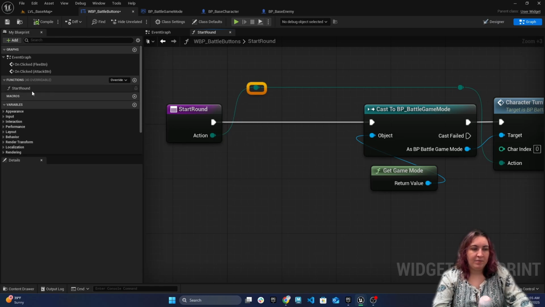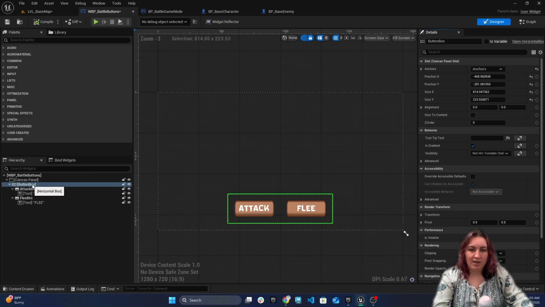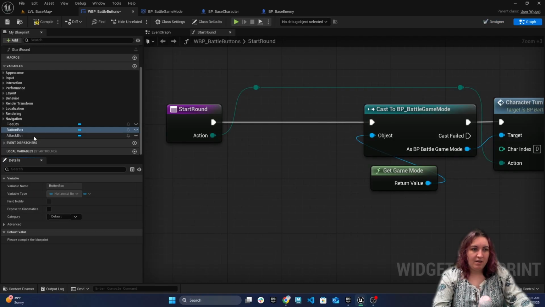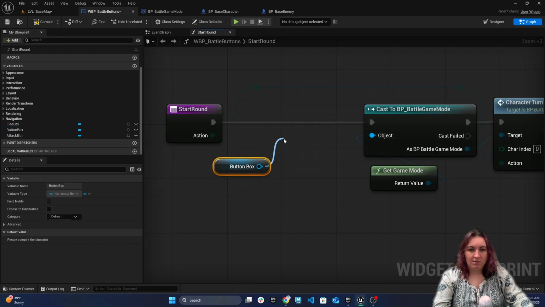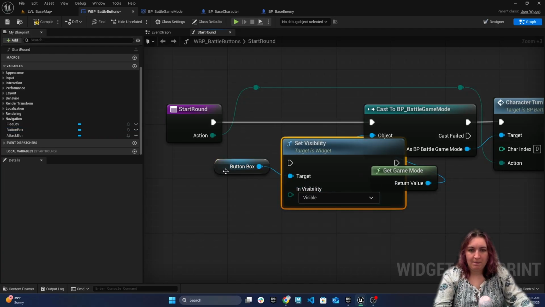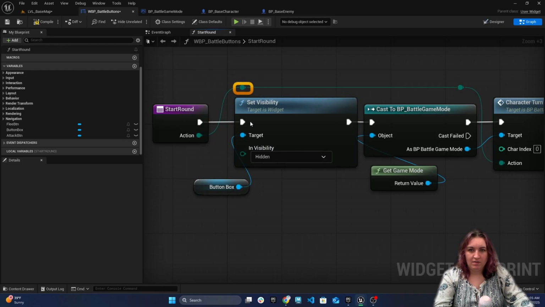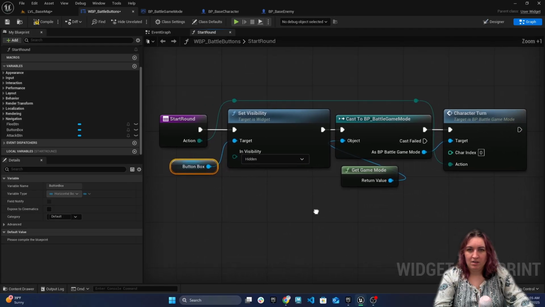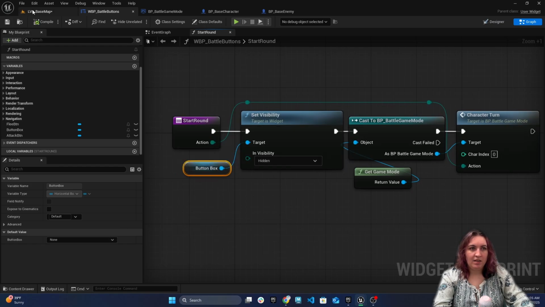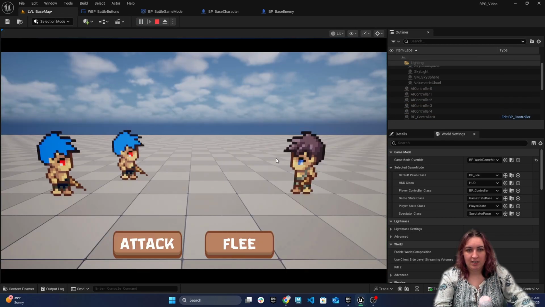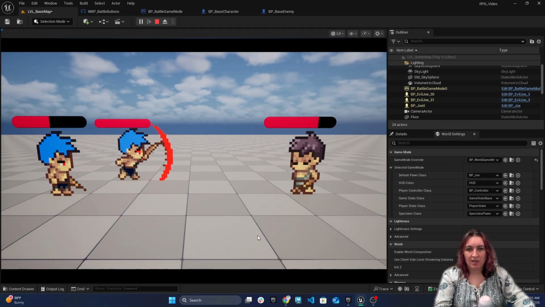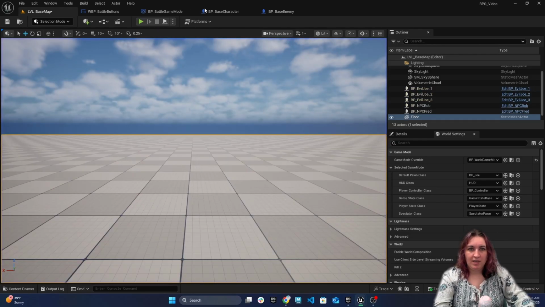So actually, go back to designer and you're going to grab this button box. You're going to make it a variable up here at the top. That way we can access it. And I'm going to grab the button box out here and I'm going to say set visibility, and I'm going to set it to hidden. So we're going to add that, and that should have it be hidden when we click a button. Now, just to partially test, that should make it hide when we click a button. It's never going to come back right now because we don't have anything having it come back at the end